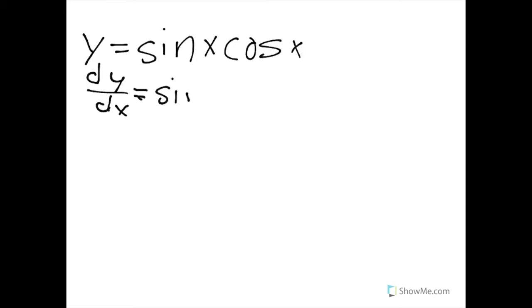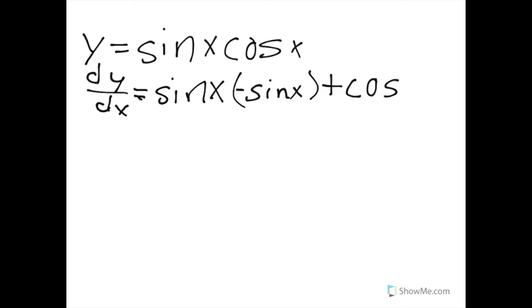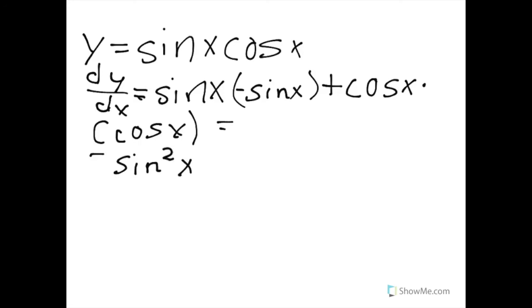So the first term times the derivative of the second term plus the second term times the derivative of the first term, so we can simplify this to minus sine squared x plus cosine